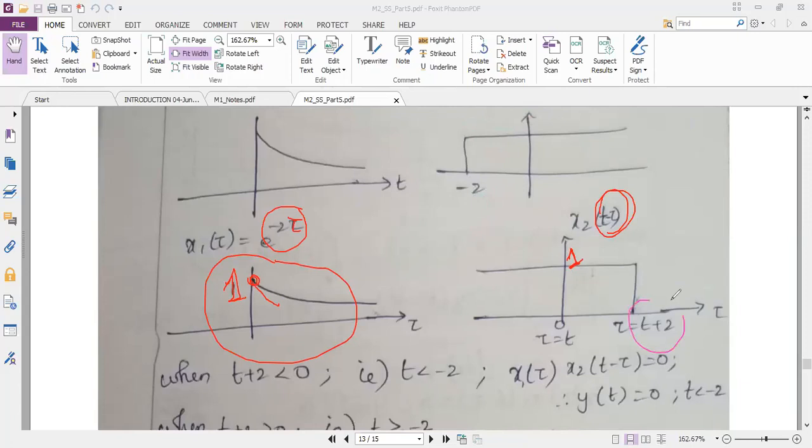Plus 2 means it has to start at plus 2. After writing that, I will write the origin with tau. Tau is equal to t here, and in this place tau is equal to t plus 2. Identifying this value, t plus 2, is very important. Now I want you to guess and tell me, if you compare this graph, at what values of t I won't get output. Since it is t plus 2, at what values of t plus 2 I won't get the output.